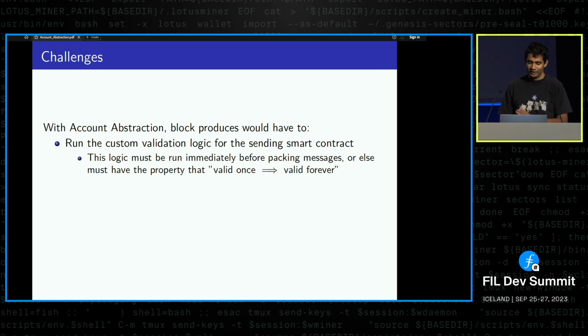And if that seems hard, then we say, okay, the block producers have to perform this validation at the time of block production, which is a critical time. That there's a 30-second window to produce a block in Filecoin, and you need to do a lot in those 30 seconds. So spinning up an FVM instance to validate these messages is difficult.